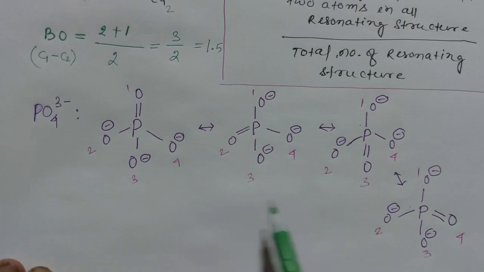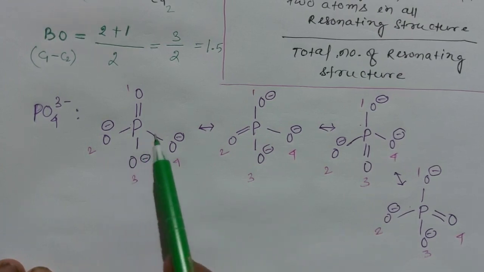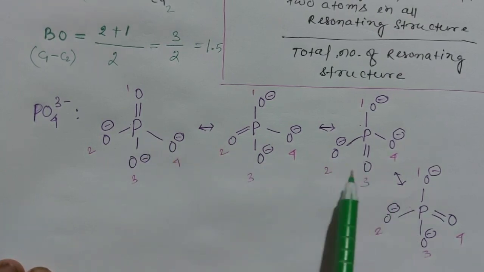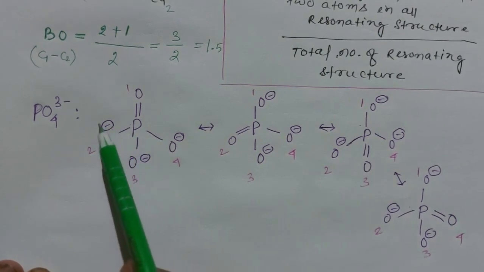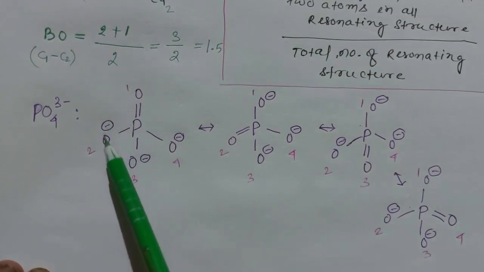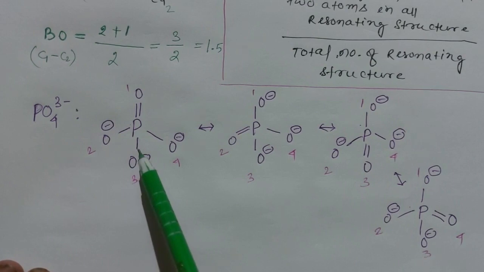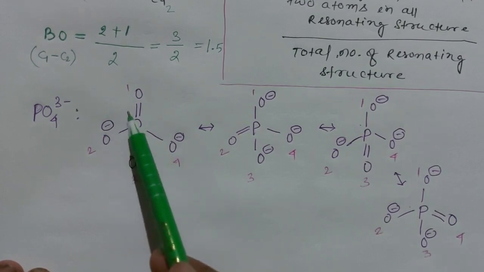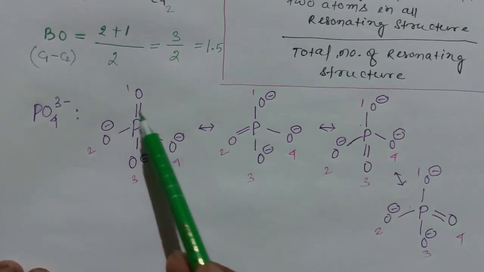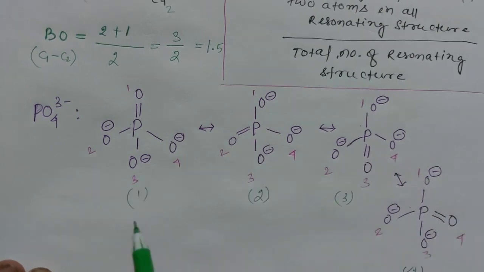So as you can see, PO4 3 minus forms 4 resonating structures. This negative charge on the oxygen is delocalized over 4 oxygen atoms. Because of this delocalization, this resonance effect, it forms 4 resonating structures. This is structure number 1, this is 2, this is 3, and this is